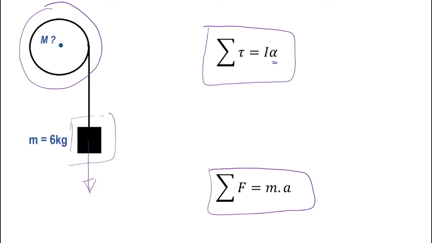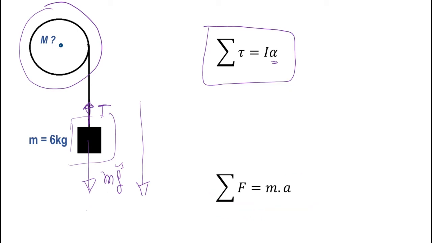We do the free body diagram. It will be the mass times gravity, mg, which is the weight, and there is a pulley pulling upward. We call it T. The object will be moving downward. The acceleration and mg are in the same direction because the object will be accelerating downward, so mg and acceleration are positive, and the tension is against this motion. So the sum of these forces equals mg